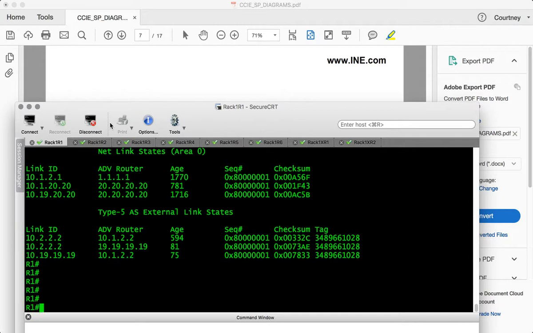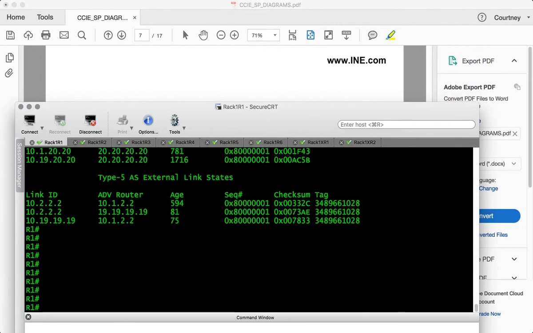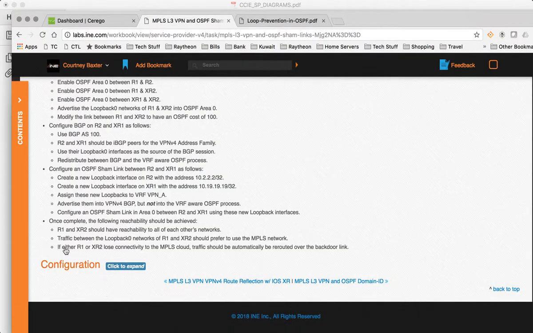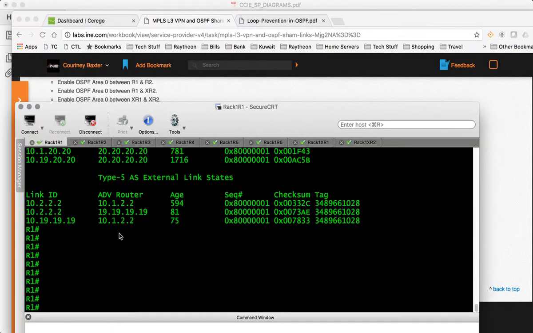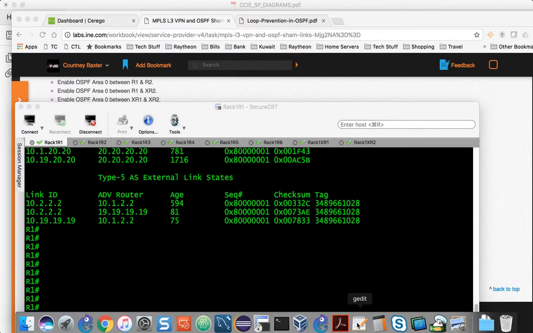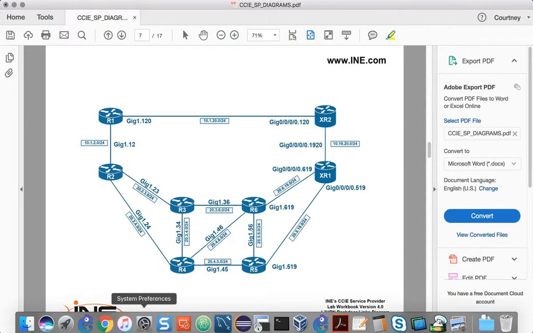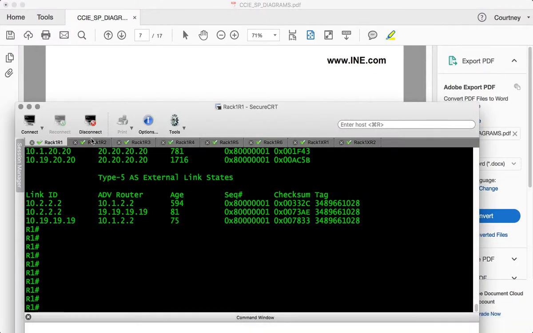But what we're going to verify now is that another part of the task was to make sure that if connectivity between R1 and R2 goes down within the MPLS cloud, traffic should automatically be rerouted over the backdoor link, which in this case is this gig 120, and we can go ahead and try that now. So on R1 and R2, I'll just shut down the link between them,